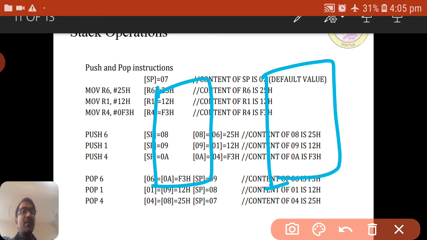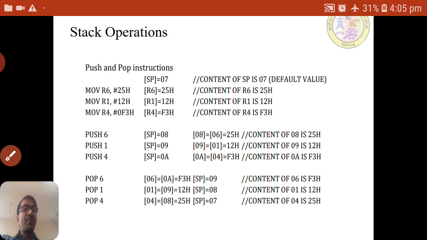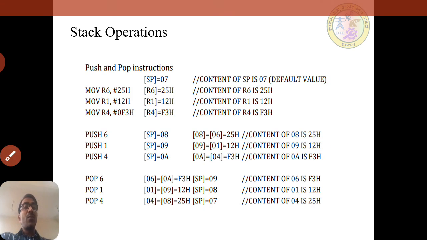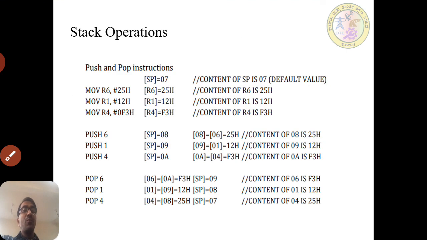If you take the diagrams we have seen previously, this is how the stack is incremented in the push operation: first it will increment, then push the data into memory, then again increment and push the value into memory. In the pop, first it will read, then it will decrement. This is how the stack operations work.